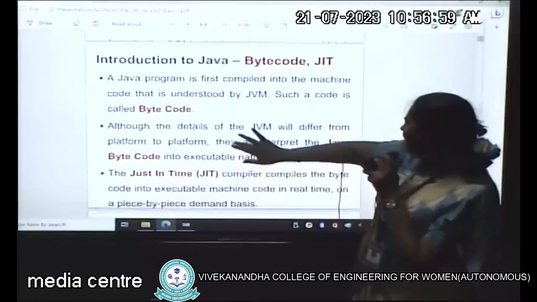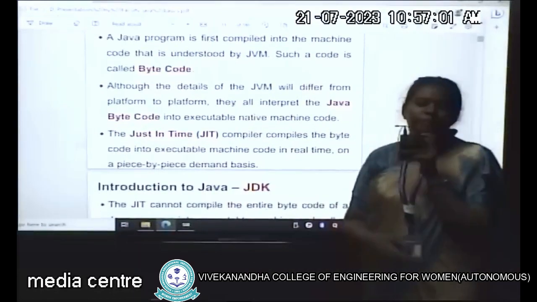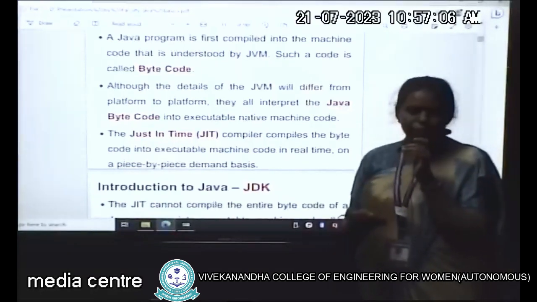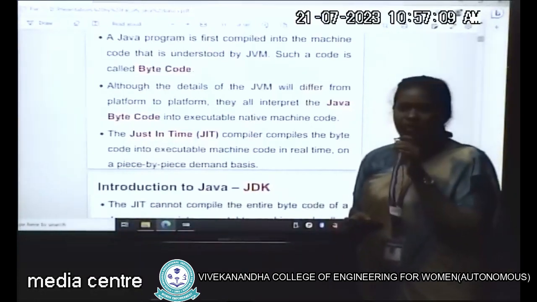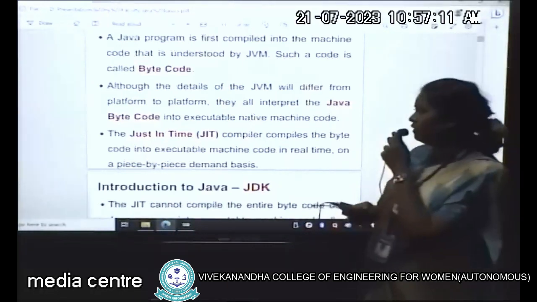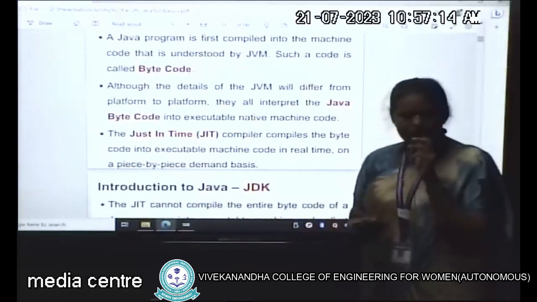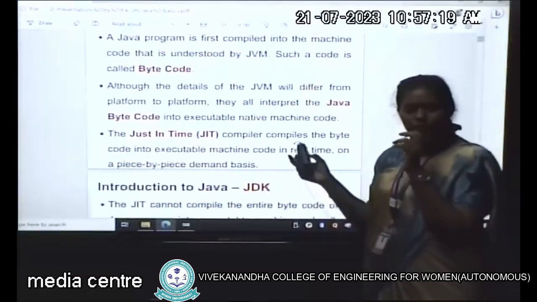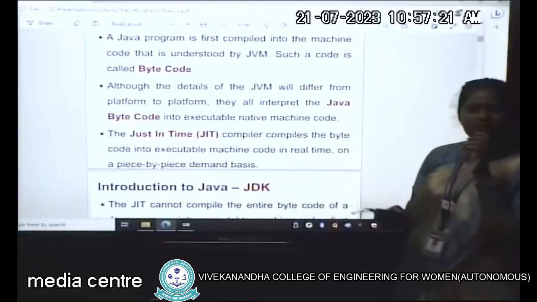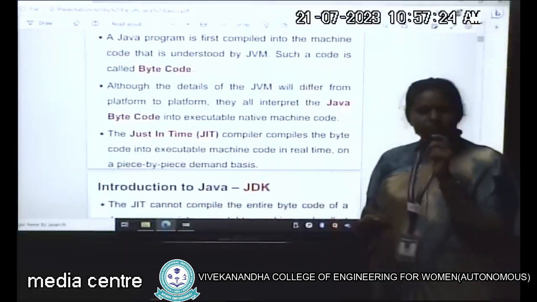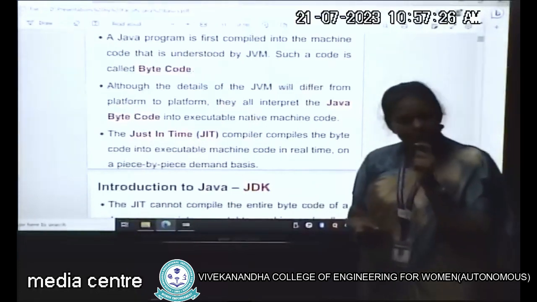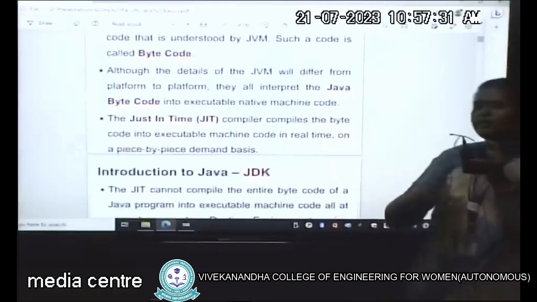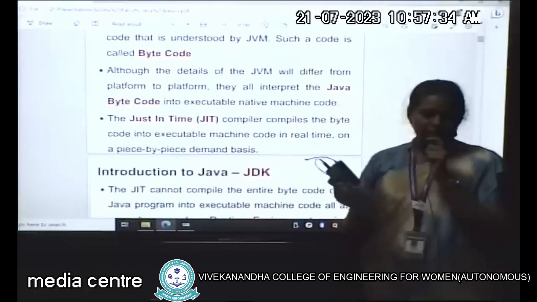The details of the JVM can differ from platform to platform. Platforms differ by the different types of operating systems. Once a Java program has been compiled, the normal class program is converted into an object program by the JVM. That is called Java bytecode, an executable file. With the help of the JVM and JRE, Java is platform independent. We execute machine code with the help of native languages.